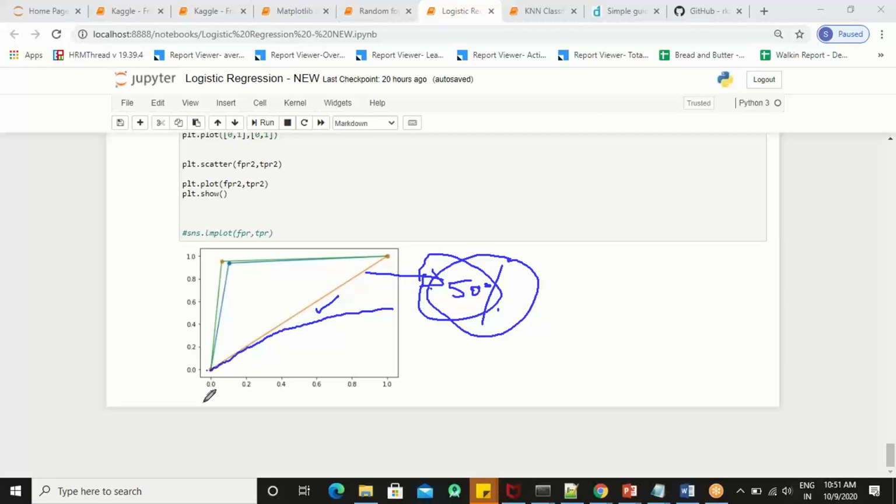ओके, तो ये किसी मॉडल को रिप्रेजेंट नहीं कर रहा हूं यहां मैं, ये सिर्फ एक रेफरेंस के लिए मैंने प्लॉट किया है कि एनी मॉडल विच इज अबव दिस इज एटलीस्ट बेटर देन रैंडम गेसिंग, बट एनी मॉडल विच इज गिविंग यू द आरओसी प्लॉट बिलो दिस इज नॉट गुड. ओके,